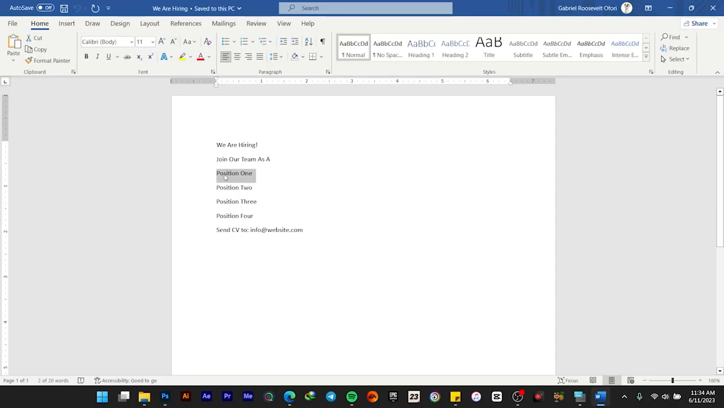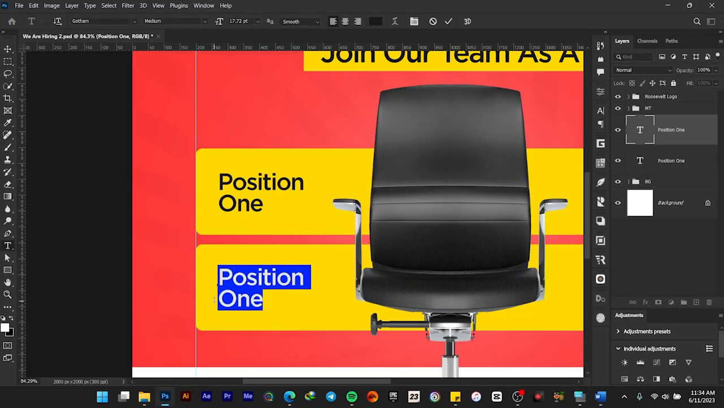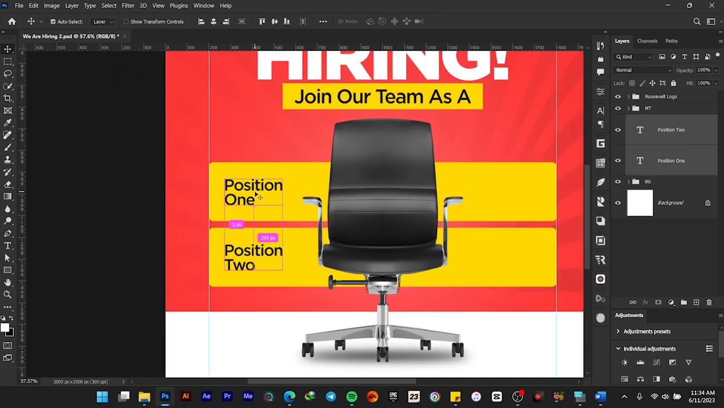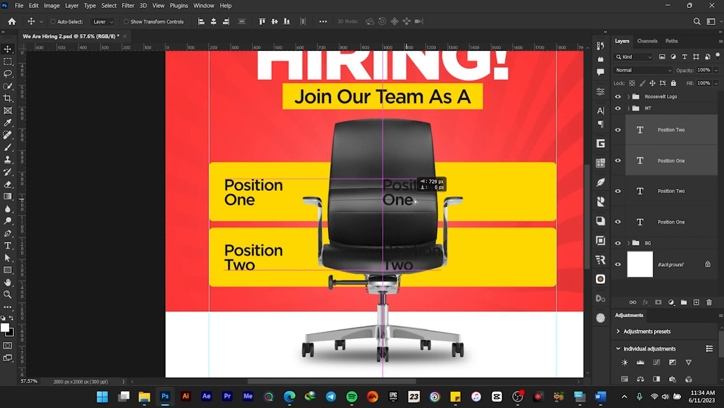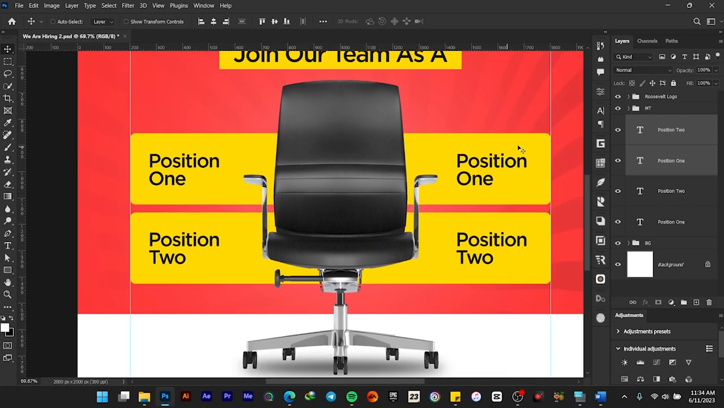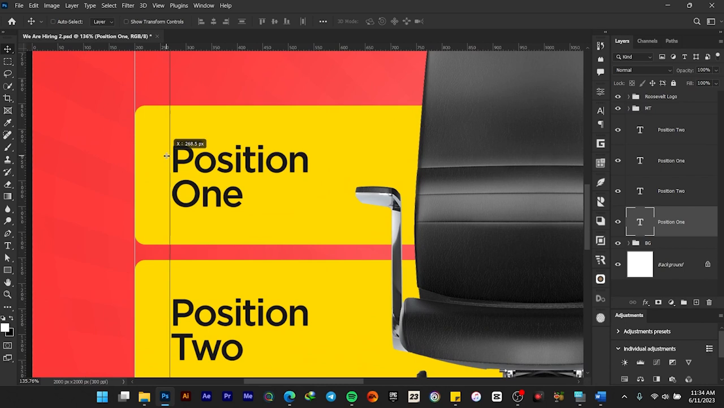So I'll just copy two over here, highlight them, and then just highlight the one, change it to two. Hold down your Control key and then select position 1. Press Control J to duplicate them and then drag them to the right side. And then we want the position on the left side to be the same as the position on the right side. So what I'll do is I'll draw a guide here like this, and then select my rectangle tool and